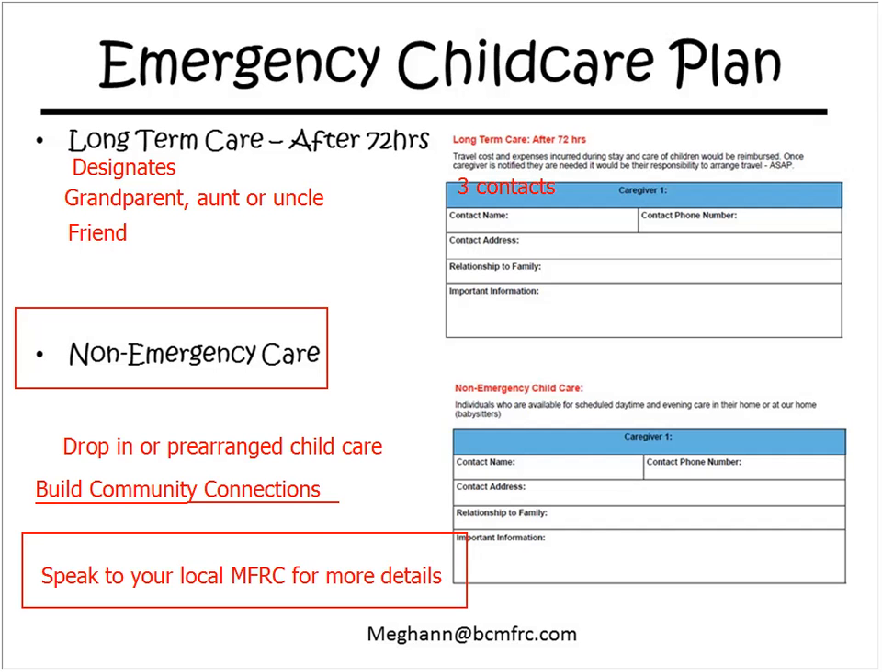The last 2 pages of your childcare plan are combined on this slide. We have included a section with 3 contacts for long-term childcare. This should be a person who can provide childcare after the initial 72 hours. This may be a grandparent, aunt, or uncle. It is someone who you can rely on for long-term childcare. The first 72 hours will give them the time to arrange travel to your home or for them or you to arrange travel of your children to them. Make sure you talk to these designates first and have a plan in place if you are in need